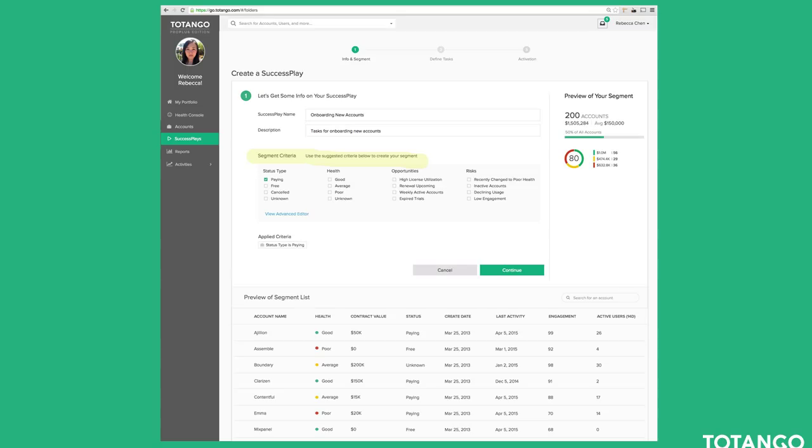As you begin to add criteria and select these boxes, the area over here on the right side will start to change in real time. You'll see the number of accounts grow or shrink depending on your segment. You'll see the total contract value grow or shrink, and the average contract value. You'll see what percentage of the accounts in this segment are out of your entire accounts in your system. And then you'll see a portfolio pie chart,